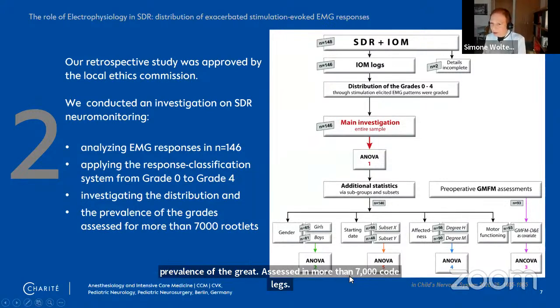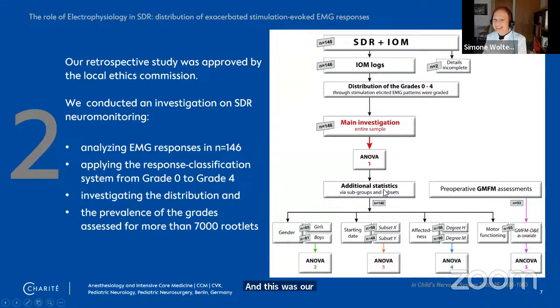And this was our statistical evaluation. I will not go into every detail, but